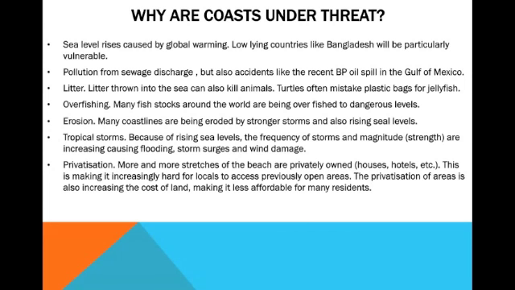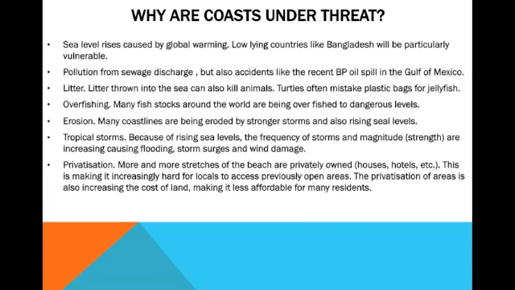So the reason that coasts are first under threat is because global warming warms up the place, so the ice caps melt, so there's more water in the sea, so the sea level will obviously rise. So there are countries like Bangladesh, they're not very high up, so they're right on the sea. They're the same kind of height, right? So even if the sea level just rises by like 10 centimeters, it will flood the whole place. So that's a problem. So that's why that coast would be under threat.